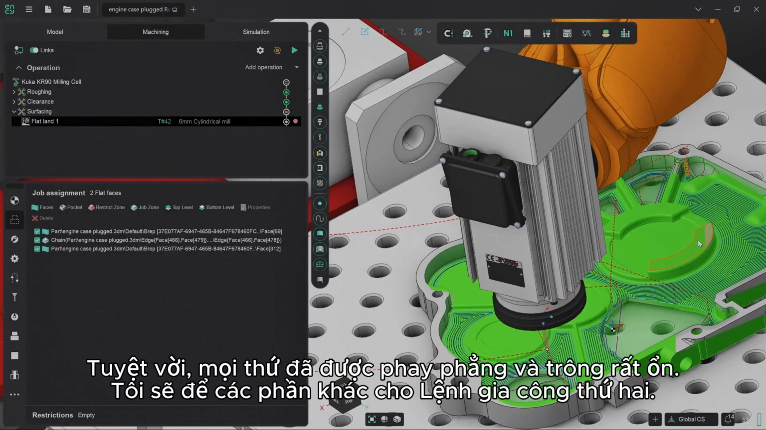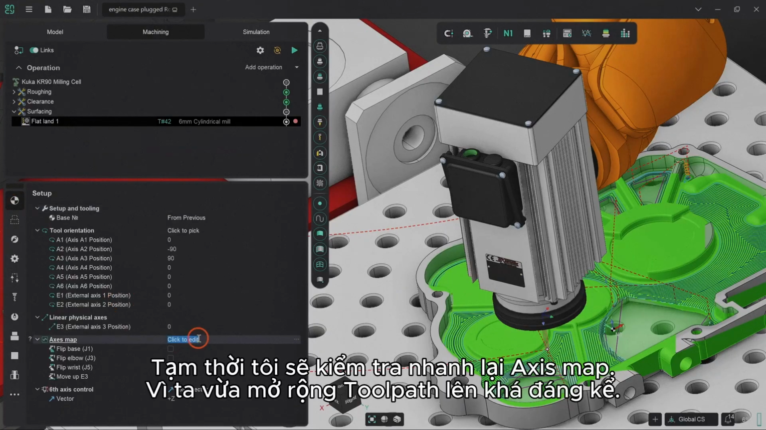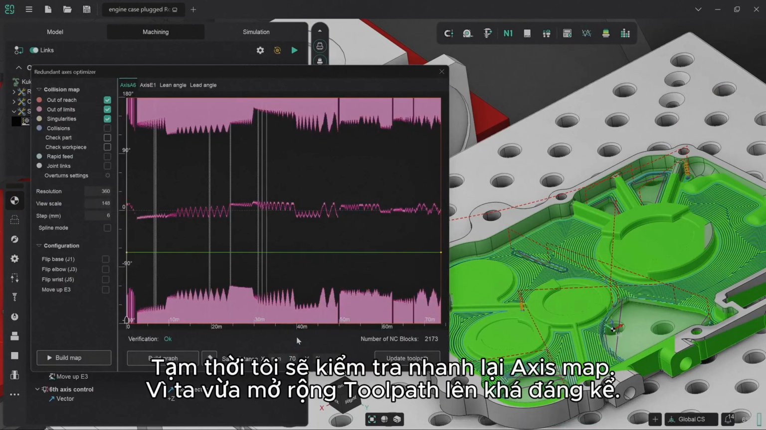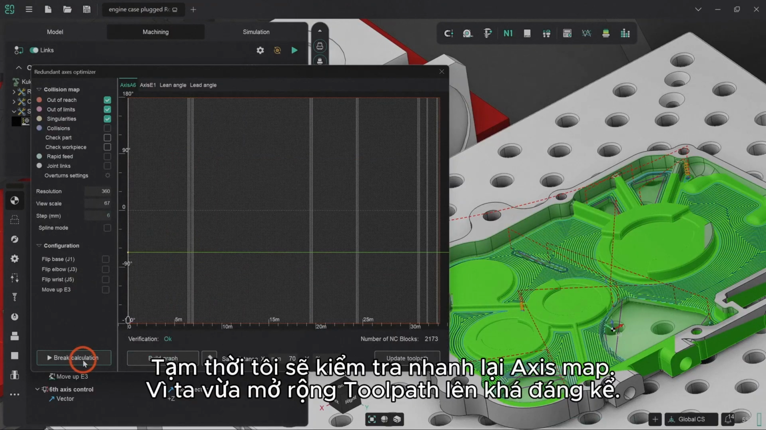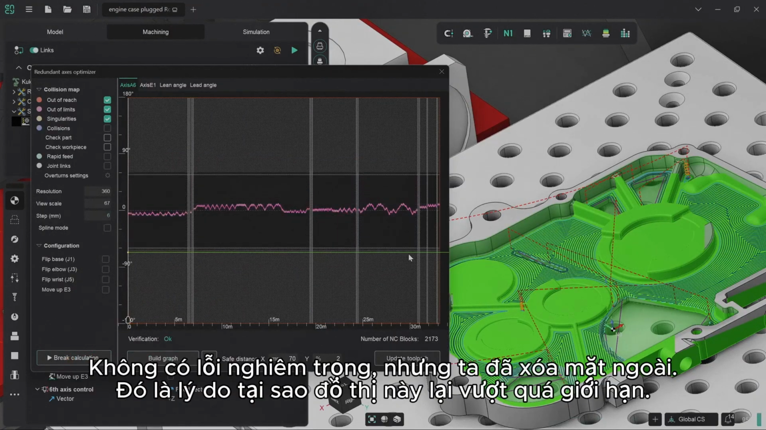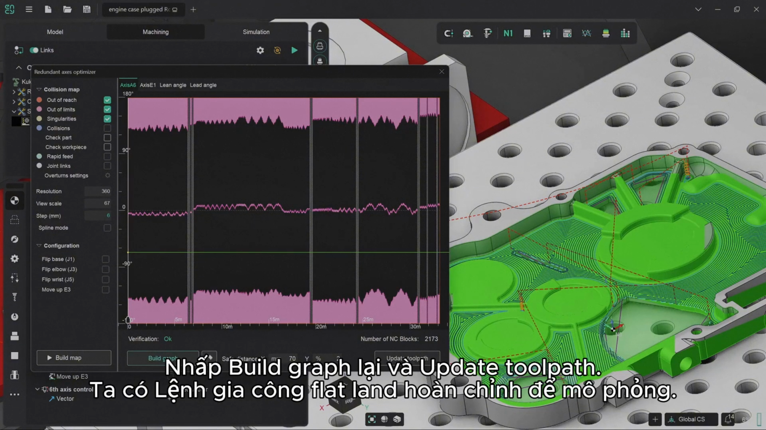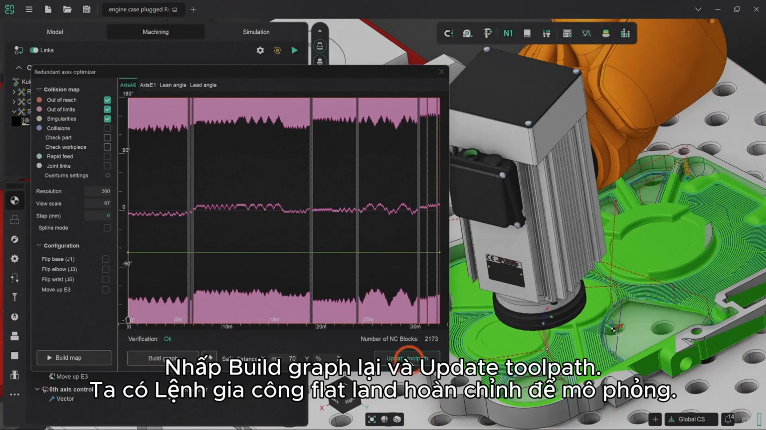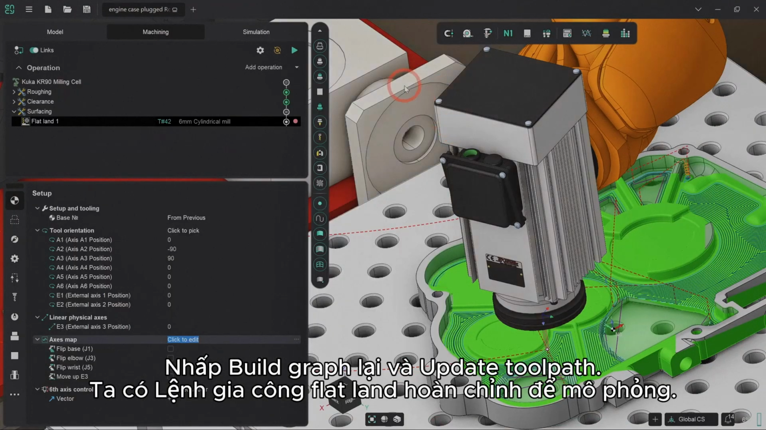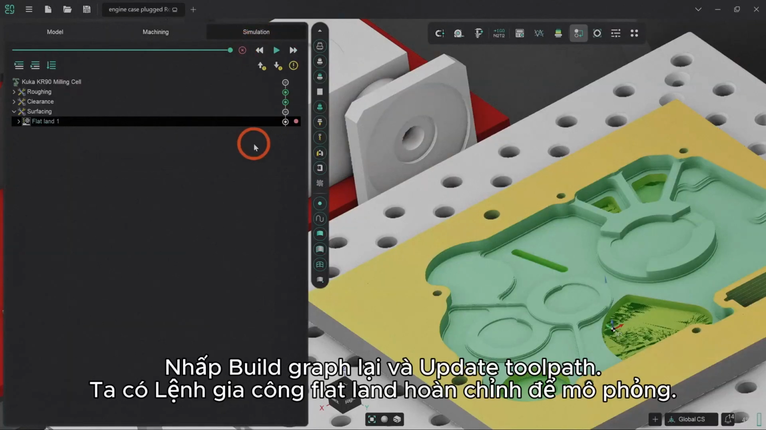I'm going to leave the other sections for a secondary operation just to be safe. But for the moment, I'll just quickly double check the axis map since we have extended that toolpath quite significantly at this point. I don't think there's going to be any serious problems there. And of course, we've extended this toolpath section, but we've removed all the exterior ones, which is why this graph is now exceeding the bounds. So if we click on build graph again and then update toolpath,